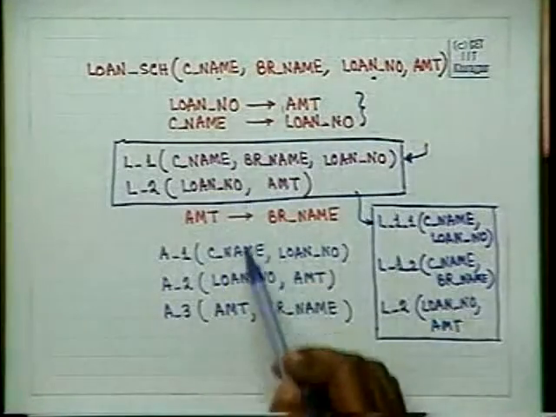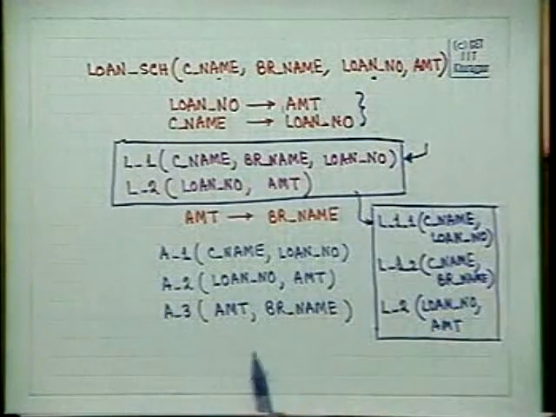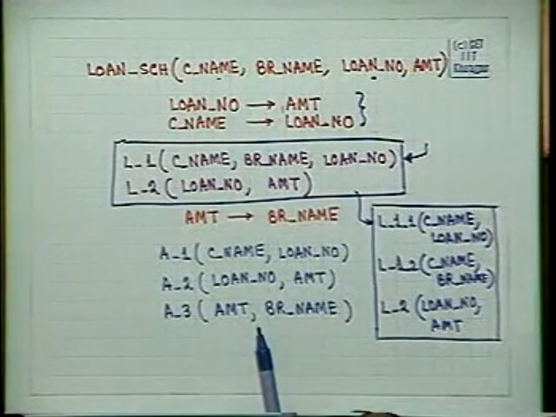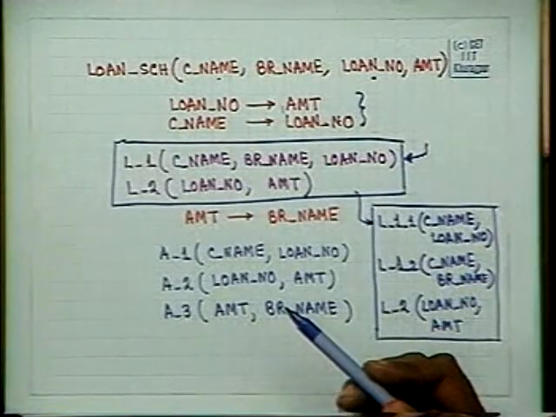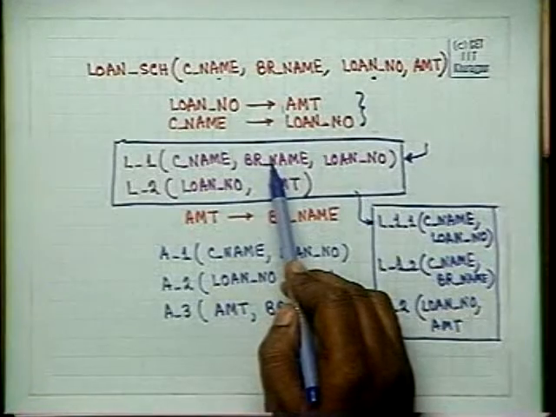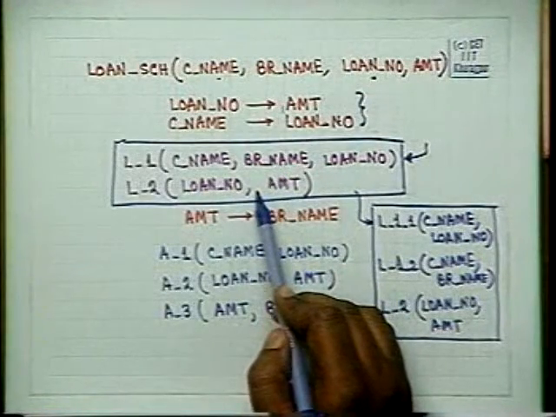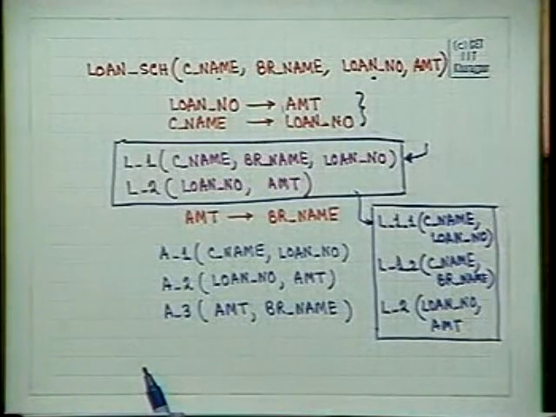Similar difficulties are present in this one. In this one or this one, if you take a natural join, you are going to get back the original relation. But that is not going to happen in an arbitrary breakup. For example, if I put out the branch name here, then we are going to fall into some trouble.